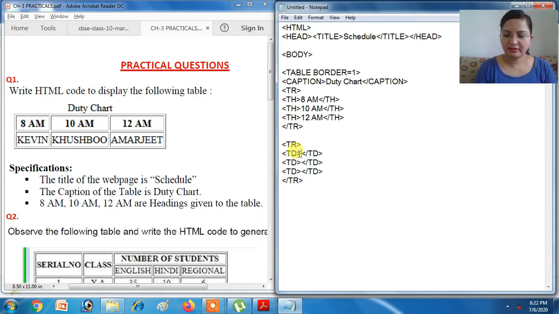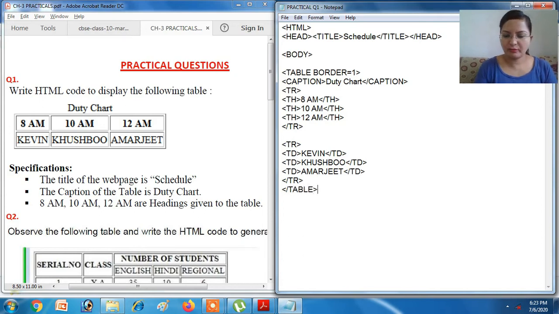Second row you can see there are 3 cells, that means 3 TD. In every TD you have to fill the data accordingly. So first of all it is Kevin, then Khushbu, Amarjit, then you close the table tag.